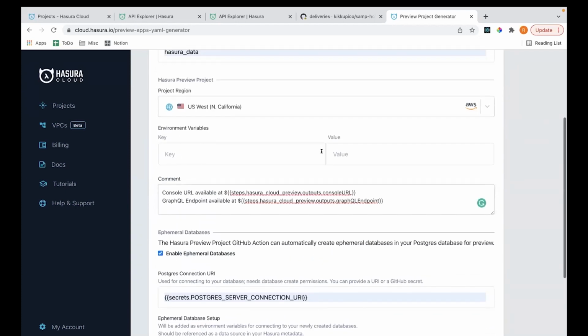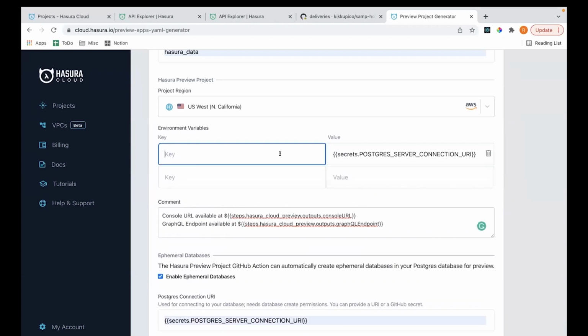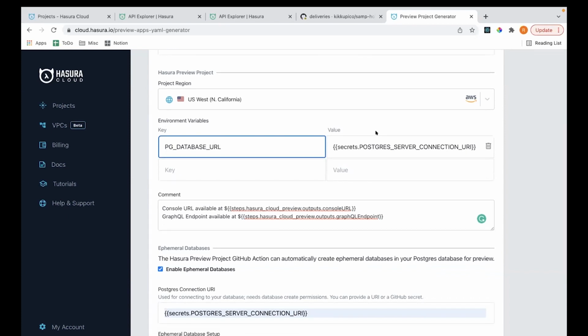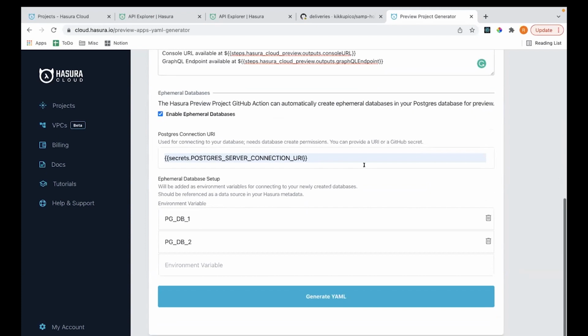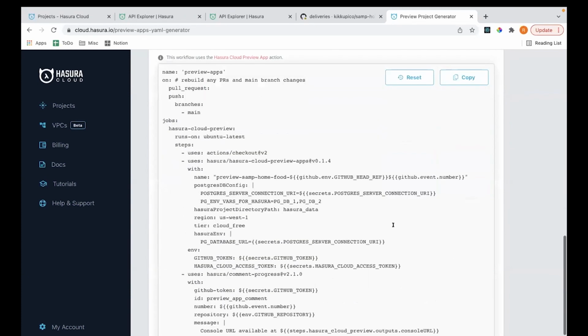Okay, I'll also go ahead and create a new environment variable for my Hasura Cloud project called PG database URL and link it to the Postgres connection URI secret. And once you've filled in all the details, you just click on the generate YAML button, and ta-da, you have your YAML generated. Now, all you need to do is copy this YAML and